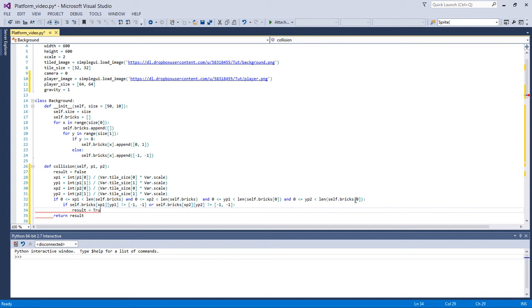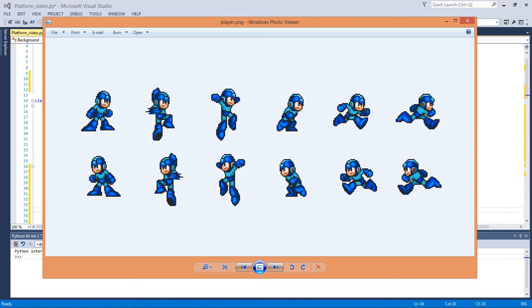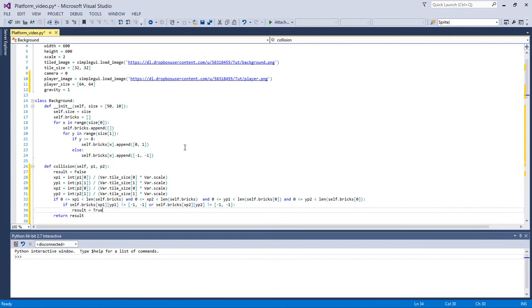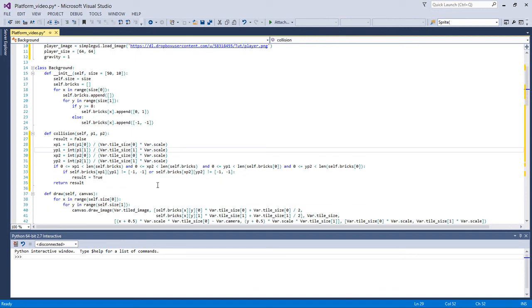So what we're going to do is, if you look at our player character, we're going to pass 2 values which basically relate to the bottom of his feet here and here. We're going to say if either of those 2 points are on a brick, then he's standing on solid ground. That's going to be used for 2 things. One, is he falling? He's not falling if he's on solid ground. And the other thing is he's allowed to jump if he's on solid ground. So that's our collision that is called on